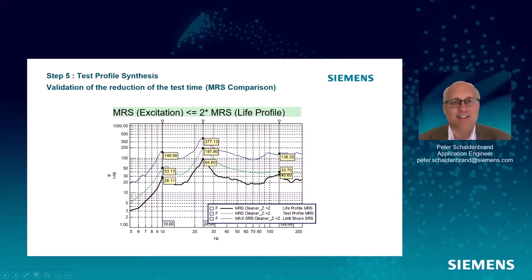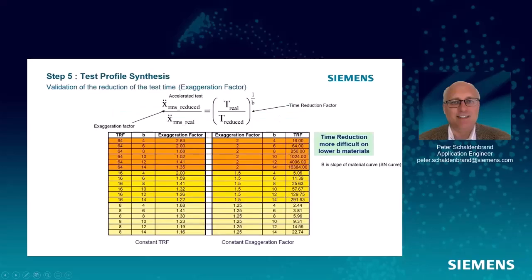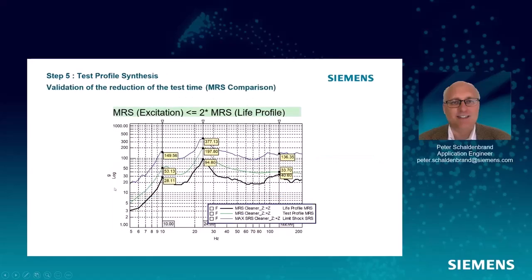One other question came up here. Do you just compare the GRMS values of RMS of accelerated tests to life profile to determine over acceleration? No, I use my GRMS to look for something that I could expect using this. So I can calculate my life profile RMS and my accelerated and see kind of what my exaggeration factors are. What I typically use to see if I've over accelerated is this. I calculate the MRS of my test profile, compare it to my life profile, and I want to make sure, again, this is just a qualitative rule of thumb, 1.5. I think 1.5 is high. Again, it all depends.